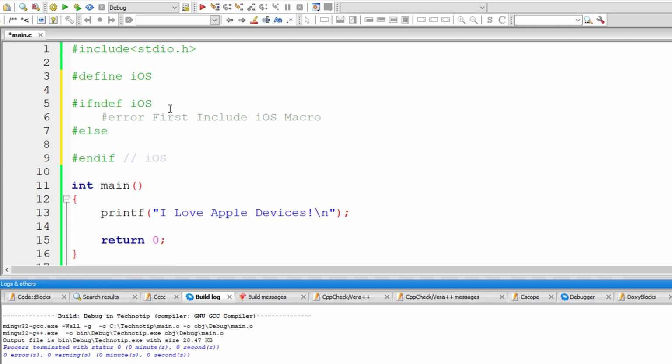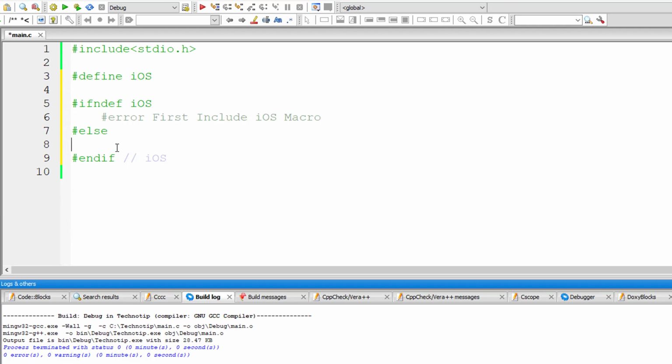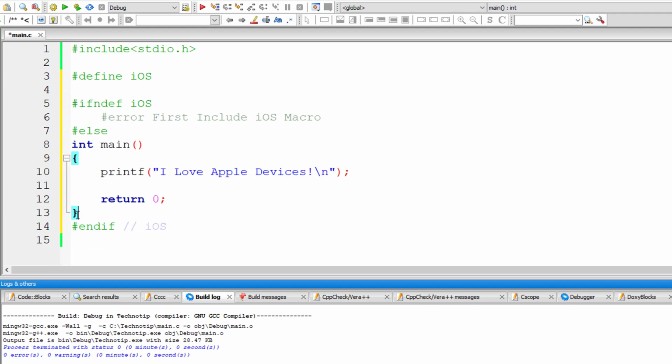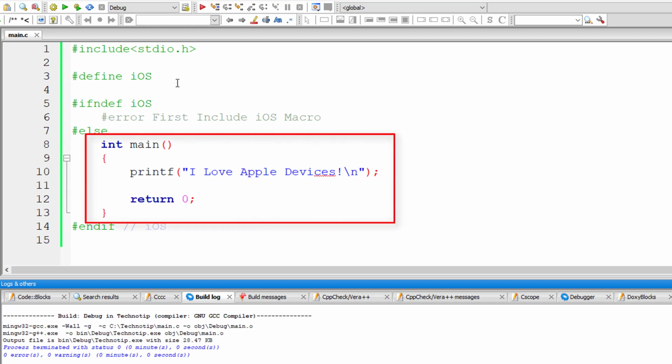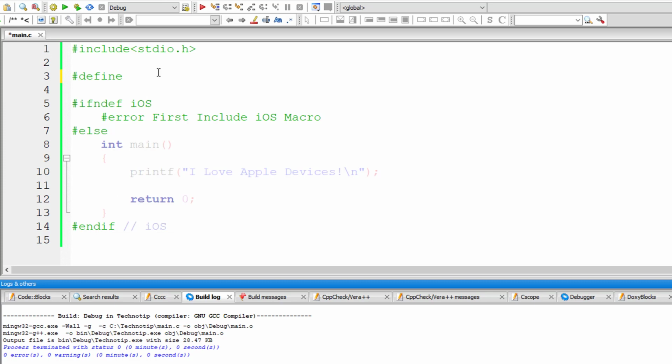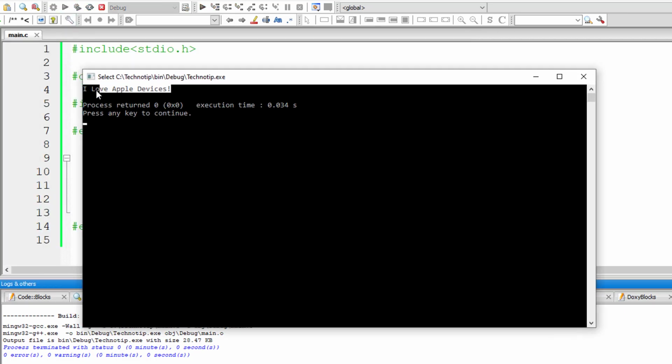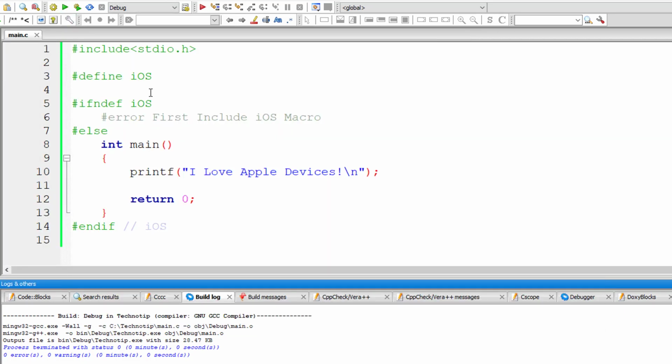So else, if it's defined, that is the iOS macro is defined, then the code inside the else block should get executed. So I'll just cut this code and paste the entire main method here. So it gets compiled only if the macro iOS is defined. You could see the highlighting of this code. That means it will be compiled. So if we remove this iOS, this entire code looks disabled. That means it won't get compiled. So now iOS is defined, hence the code inside the main method gets compiled and executed.